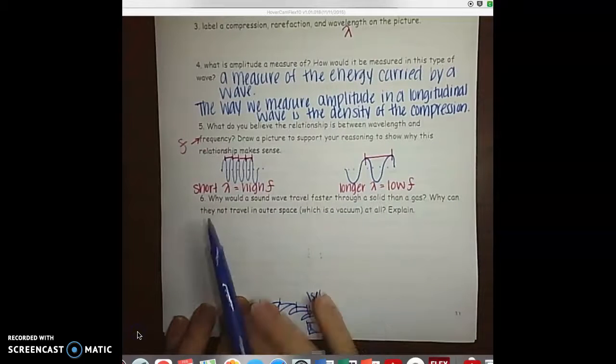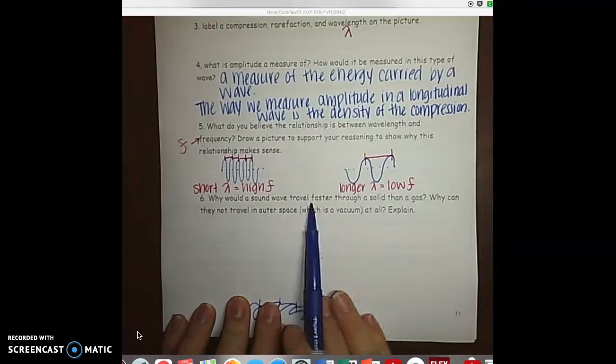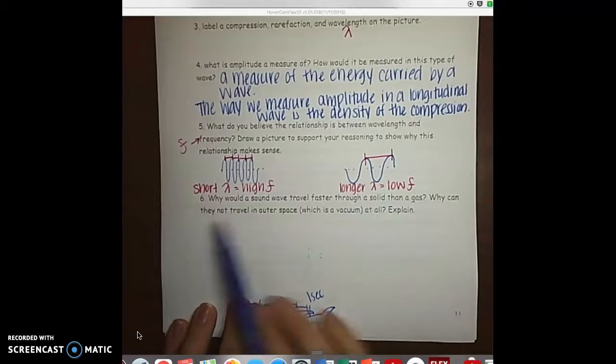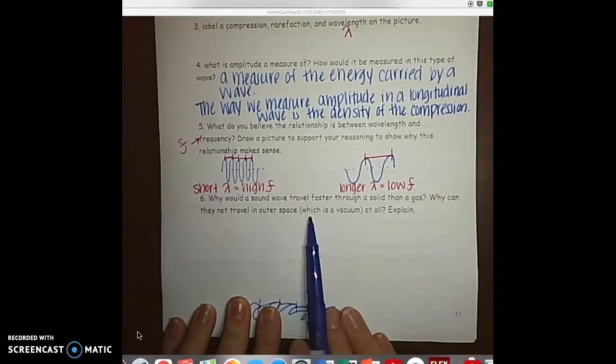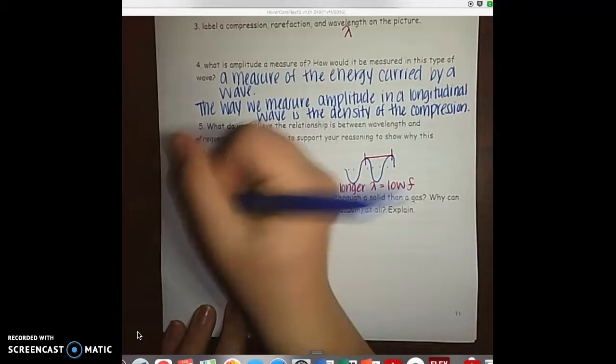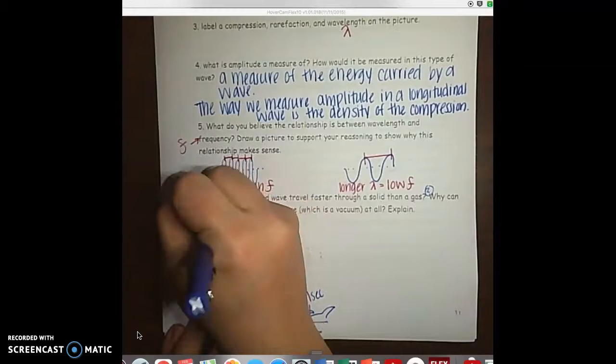Number 6 says, why would a sound wave travel faster through a solid than a gas? Why can they not travel in outer space, which is a vacuum at all? Explain. All right, so I'm going to break this down into 2 different parts. So the first question and then the second question. So number 1,